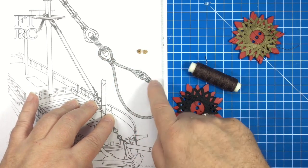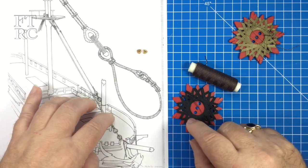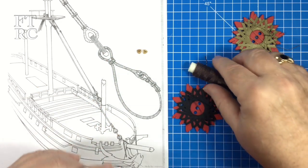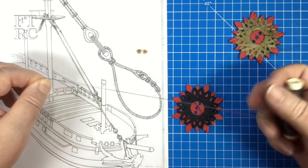Okay, well, we'll make this little loop first. Okay, so what we'll need is, I need to work out length. Well, I've already had a look at my model, so I already know I've measured out that we've got a